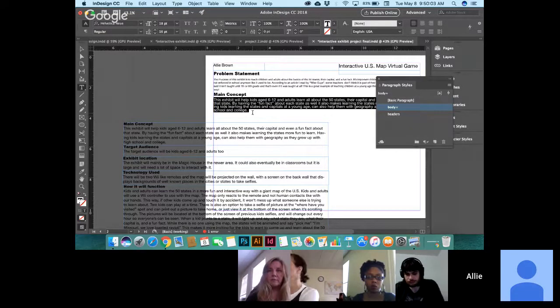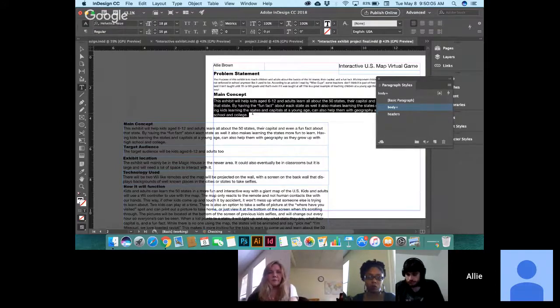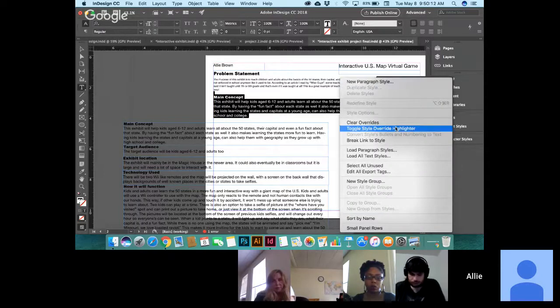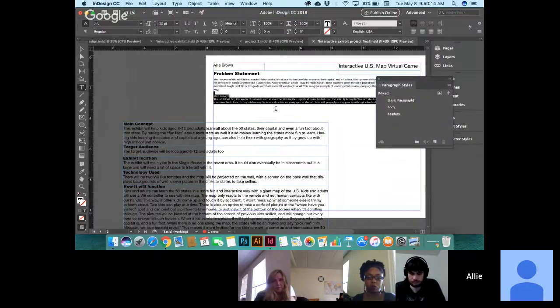Sometimes what you need to do is take it and say clear all styles, clear overrides. Okay, so we'll make all of this body and we'll make this header. And so do you see how that ensures consistent spacing throughout? Yeah. So now we're done with the main concept.